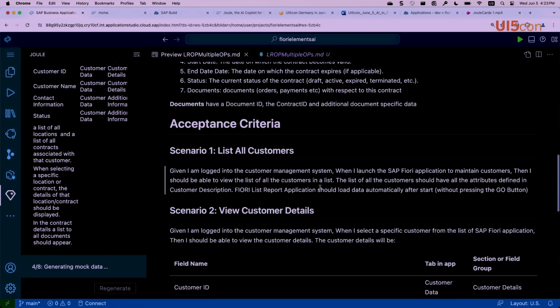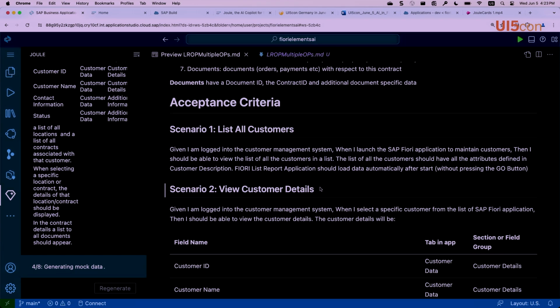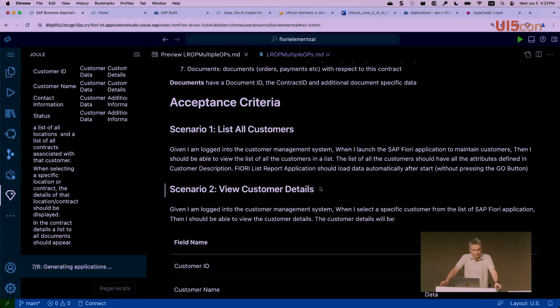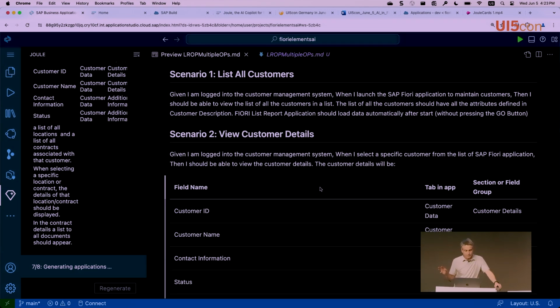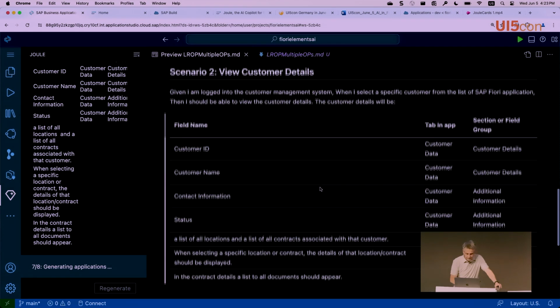At the end, we have in this business requirement document an acceptance criteria. So we have 2 scenarios that we consider to be fulfilled by the application. The first one is just to list, filter, search for customers. And the second one, of course, you also want to be able to dive into one customer and see the details. I did already a good job, 7 of 8, so I have probably a couple of more seconds to kill, but